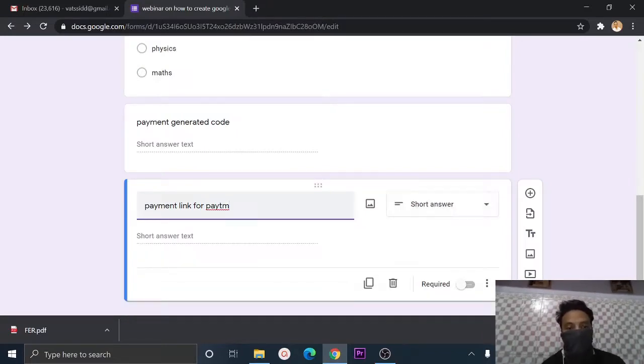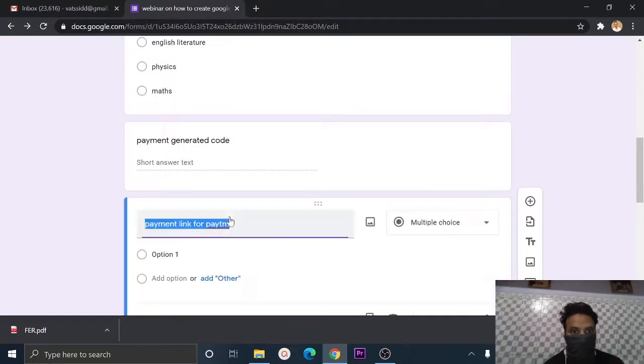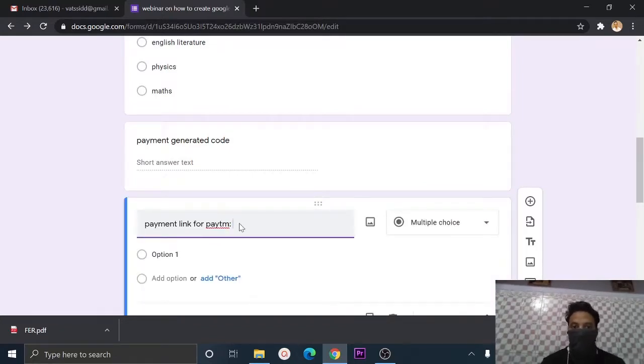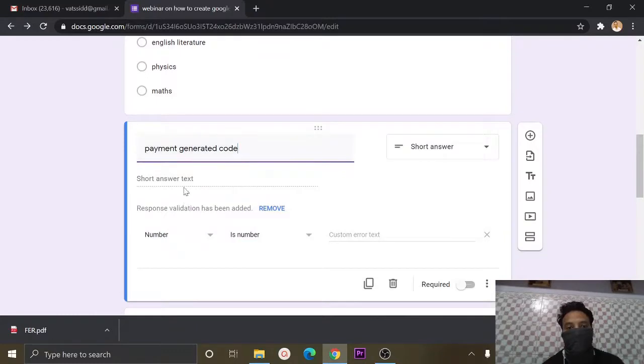This is where you can add the payment link, whatever payment link you want, you can add it here, and then this is the code. Suppose whatever code is generated will be posted by the participant.